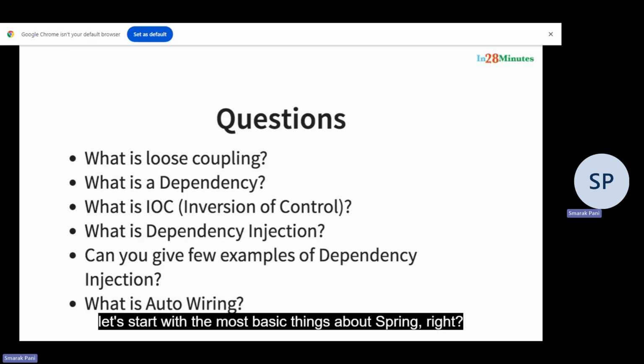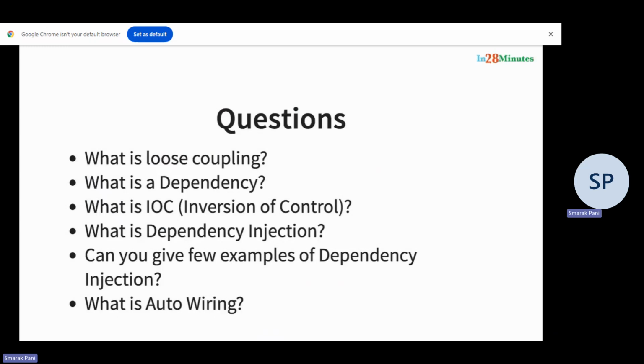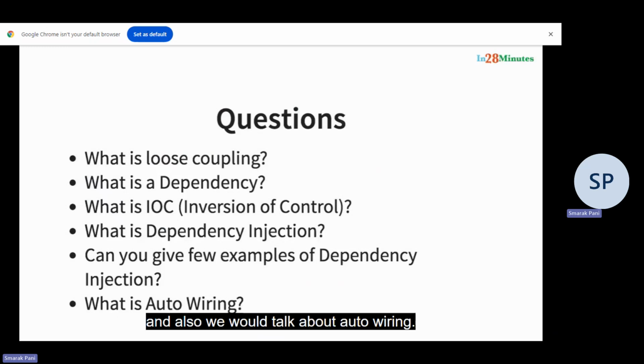Let's start with the most basic things about Spring. When we talk about Spring, we talk about loose coupling. We say Spring enables us to develop loosely coupled applications. We say dependency injection. We talk about Spring inversion of control. And also, we will talk about auto wiring. This is the set of concepts that we will try and get into in this specific video. So the questions which we are going to talk about are things like, what is loose coupling? How do you make an application